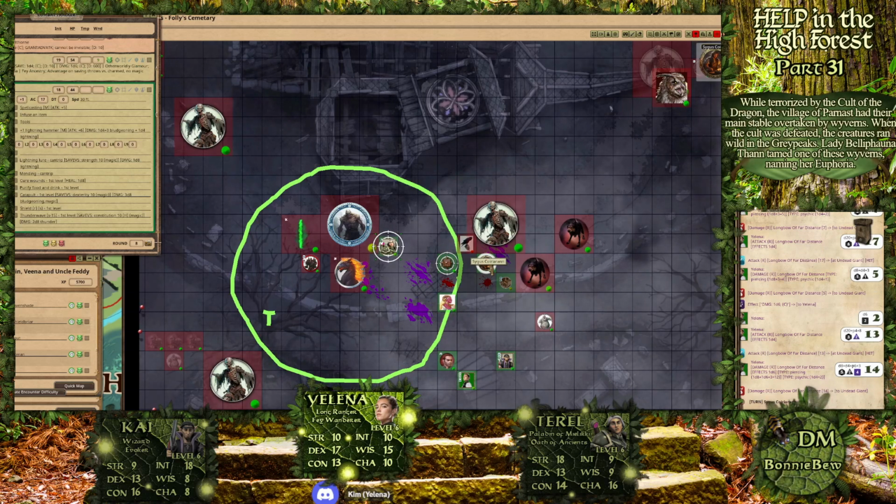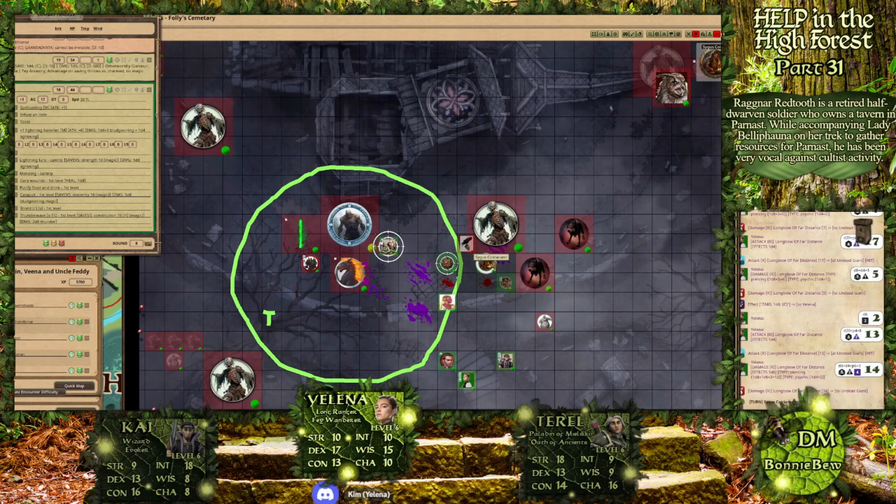Sigus is not happy about the zombie swarm in front of him, and so he casts a thunder wave in the direction that would hit that murder of crows and the zombie swarm. So they both have to make a Constitution saving throw,